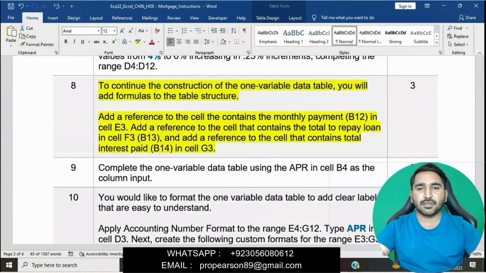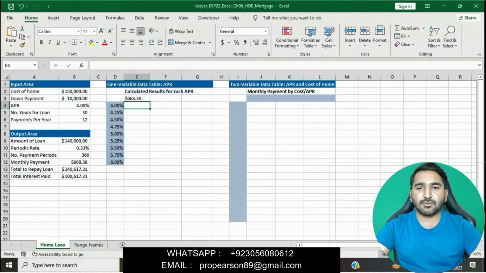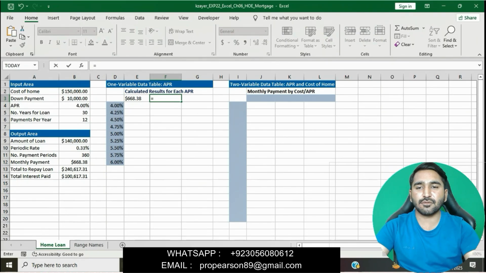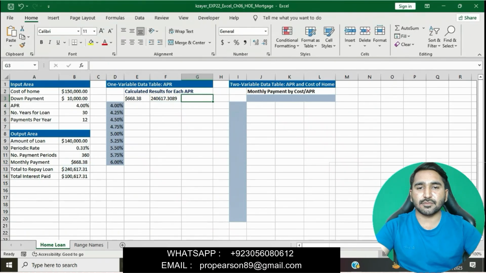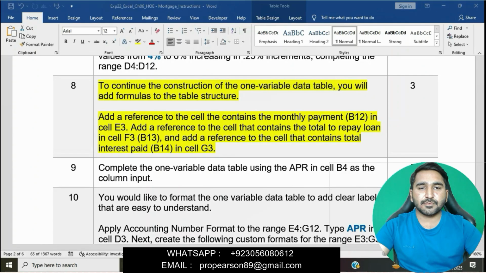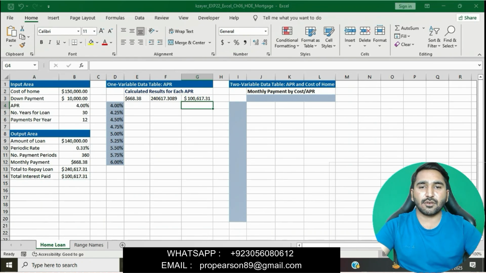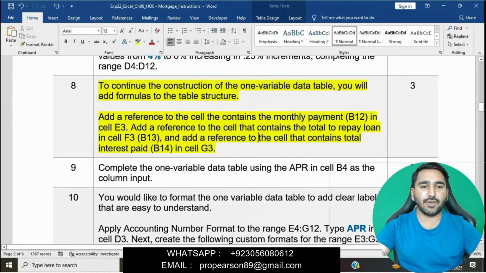Then click on cell F3, press equal to, click on cell B13 and press enter. Then click on cell G3, press equal to, click on cell B14, then press enter. Okay, it will show the value here.